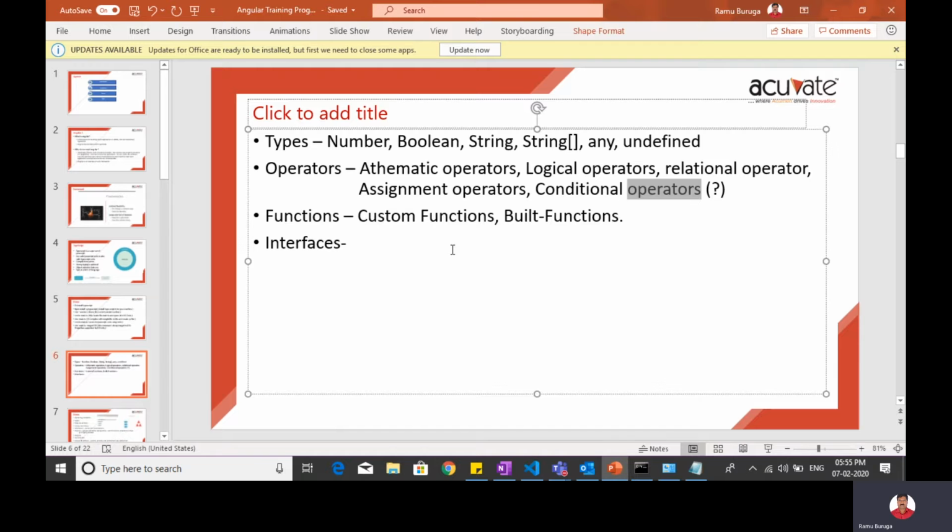Okay, and these are the simple ones, not complex ones. So functions: you can create your custom functions as we do in other programming languages. There are some built-in functions also; TypeScript itself supports them. Why do we need to use functions in our programming language?